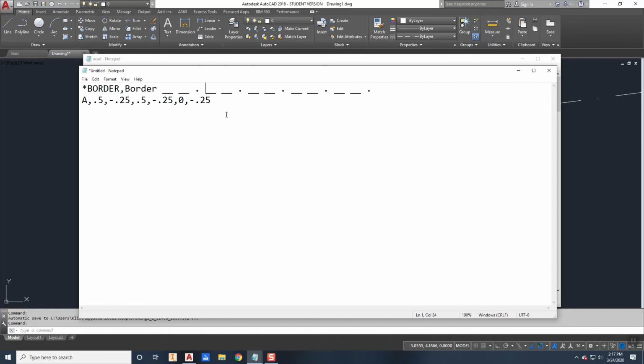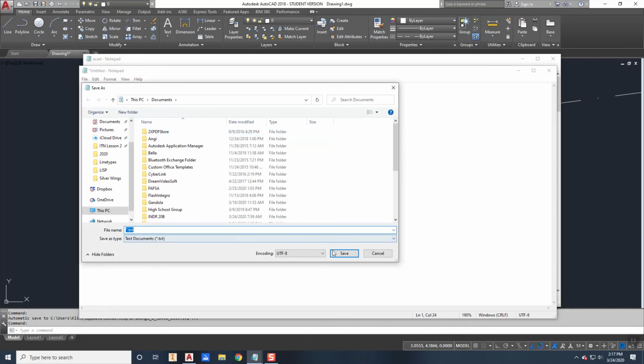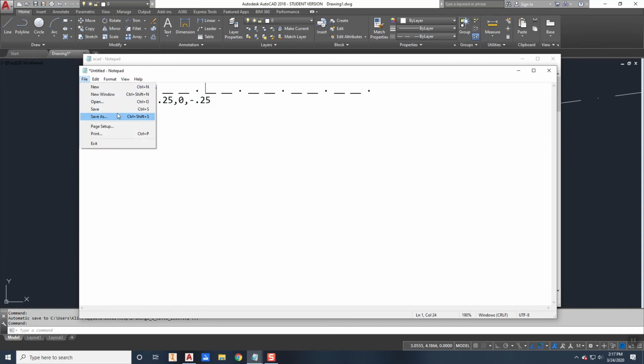So if I wanted to create my own line type file, I would come in here and say, let's create a new one, and I don't want to save that. So now I'm going to call this new line type. I'll just call it INDR 20B. So I'll say star INDR 20B, and that's the title of it. And then I'll say comma, and then I'll give it the name INDR 20B, okay, and then I'll give it